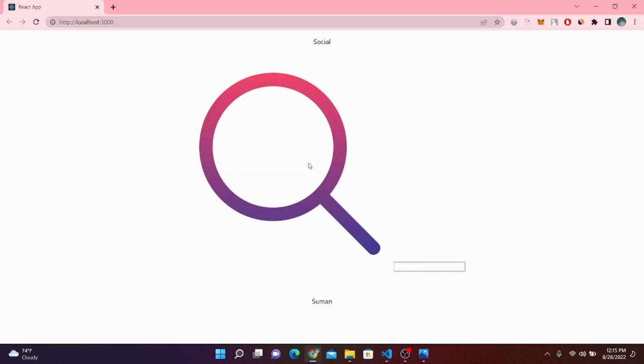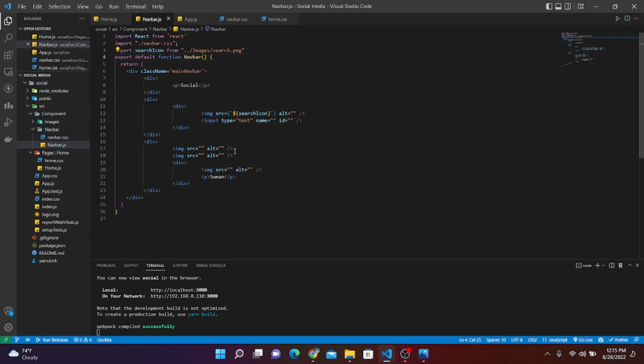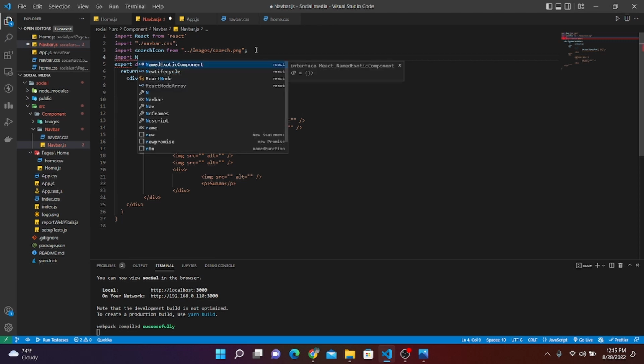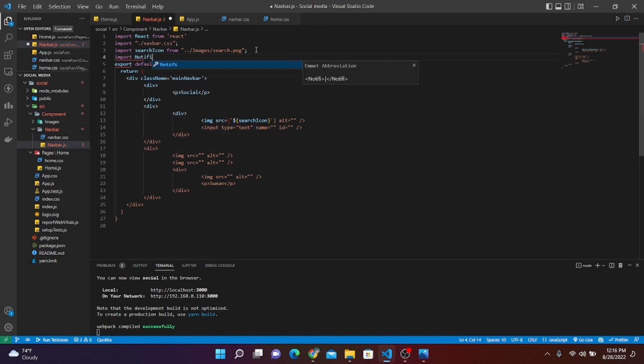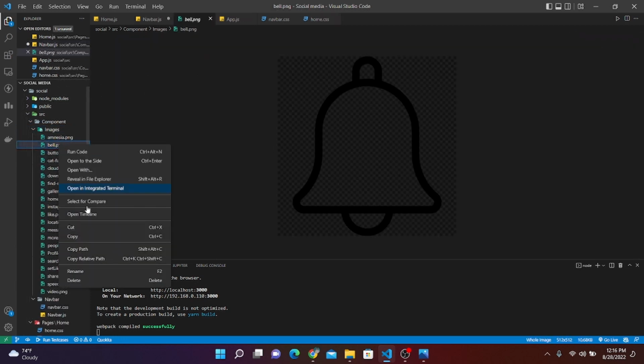So let's go back. Okay, so I got this image and our social app's name, and yeah, so we got all of this. So let's go in our navbar, and here let's import our notification icon. So import notification from images slash, let's find the notifications icon, which is maybe a bell icon. Yeah,